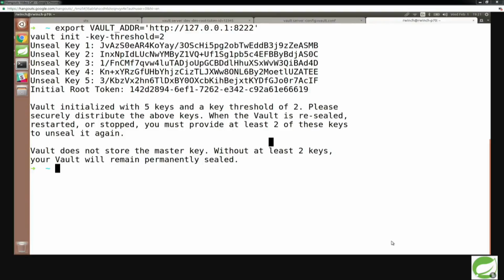And you might say, well, that's kind of a pain. I don't want to have 10 people managing these keys and have 4 people do it. Well, at that point, you lose a lot of the benefits, but you could set your threshold to 1 and have 1 key. But it's all about trade-offs, right? Do you want to deal with the overhead, or do you want to deal with the security problems? It's really up to your organization.